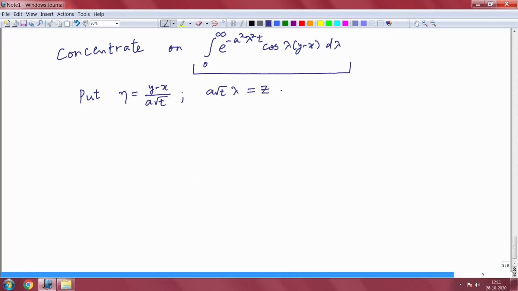That implies d lambda is dz by a root t. If you make those changes of variables, the integral becomes